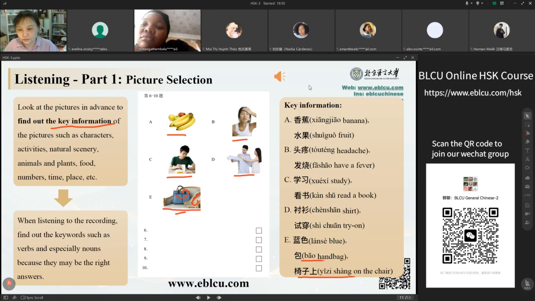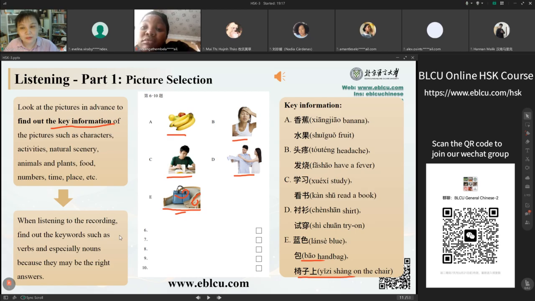现在开始第6到10题。6. 这件衬衫怎么样？ 看起来比刚才那件好，你去试试吧。6. 这件衬衫怎么样？ 看起来比刚才那件好，你去试试吧。